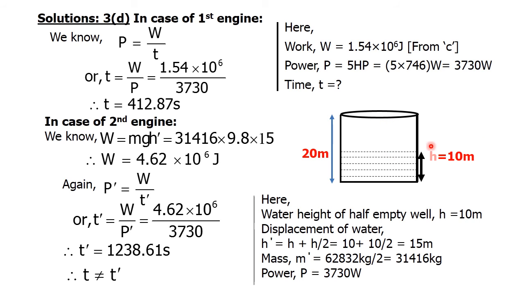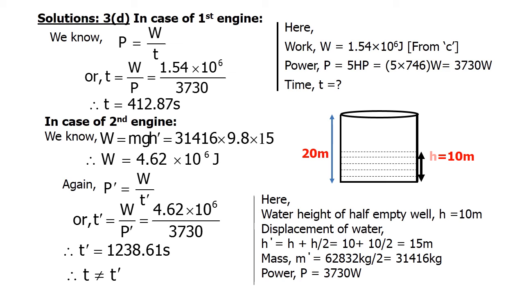So the average of the 10 meter is 5. You can see here 5, and we have another 10 meter remaining, so we have to add it with 10. So the average displacement of water will be h plus h by 2, that means 15 meter, and mass will be half of the previous mass, so mass is